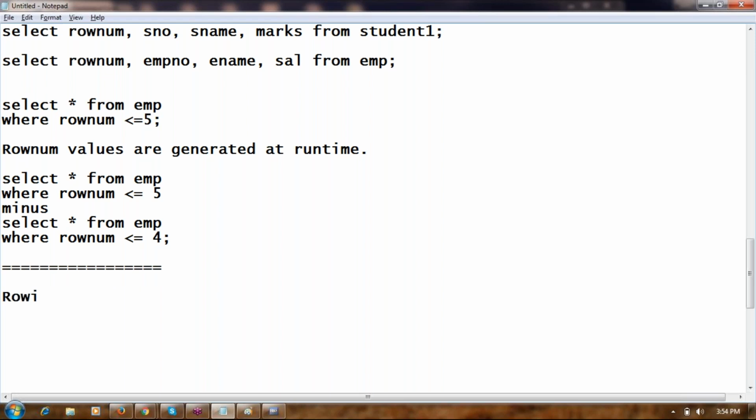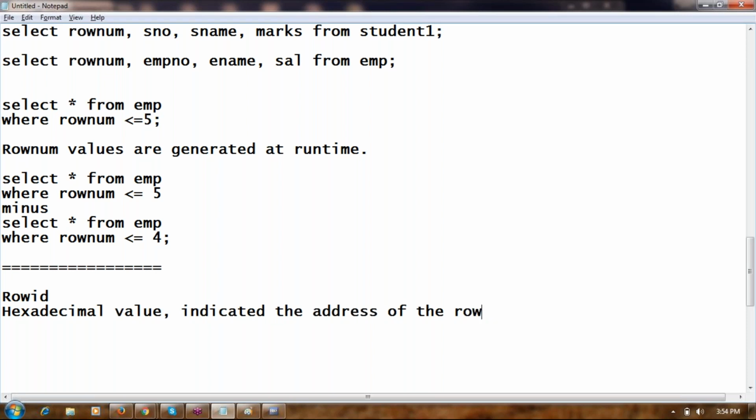Next pseudo column, row ID. It is a hexadecimal value that indicates the address of the row which is stored.